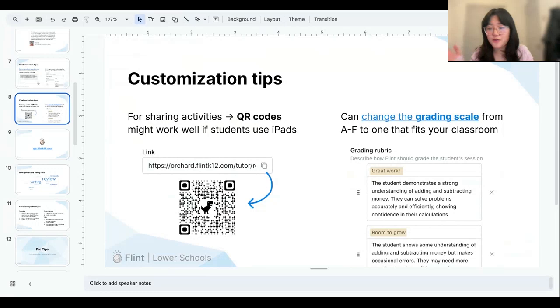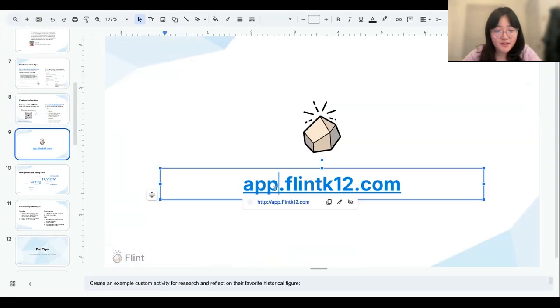If you all use iPads or similar tablets, you can use QR codes with Flint. Any web browsers usually can create a QR code for you. So that might be helpful if putting a link somewhere and then having students find it is difficult. And then also, of course, you can change the grading level in Flint to be something that fits your classroom better. But yeah, let me hop into the Flint platform